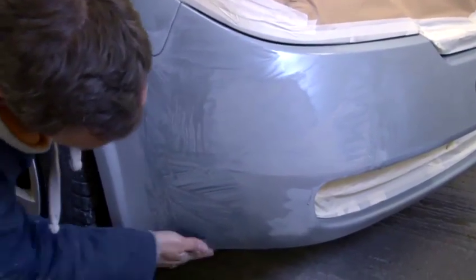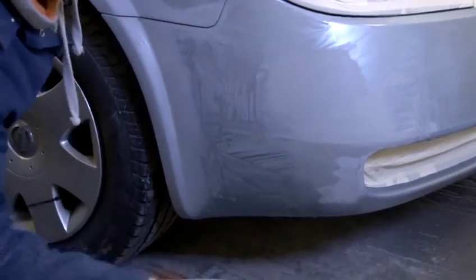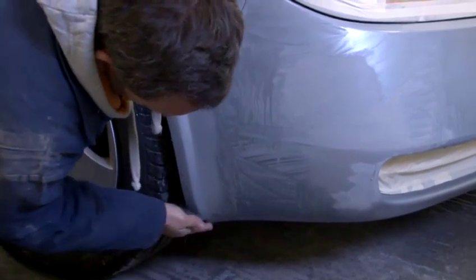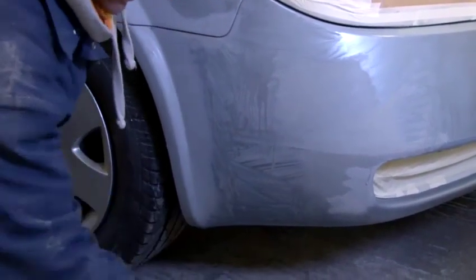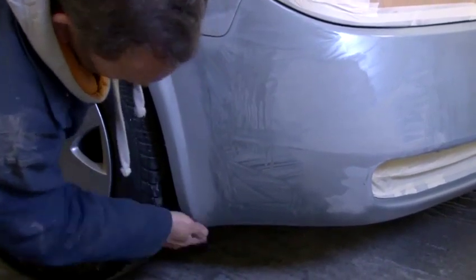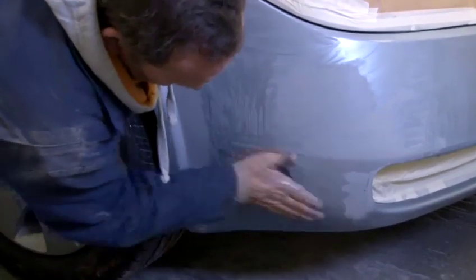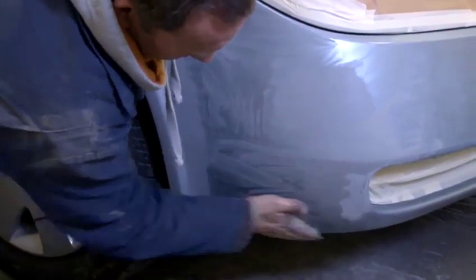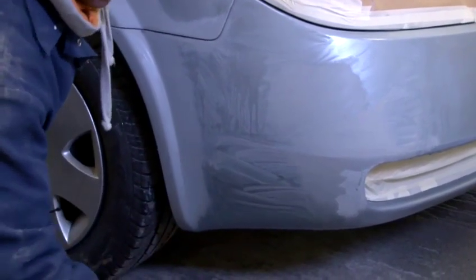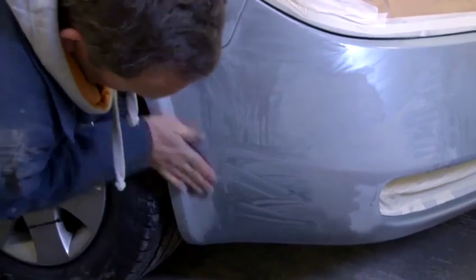Always listen as you're rubbing down, especially on these bottom corners. I just felt a little bit of grit go onto my paper. You normally hear it. It feels like there's some foreign body there, and a bit of grit, a bit of muck, a bit of mud or whatever will scratch the life out of the car. You don't want that, that will cause you more problems. So if that happens, dip your paper back into your bucket